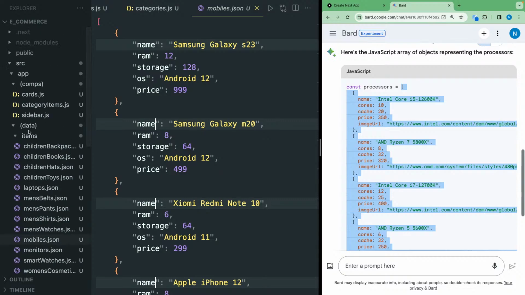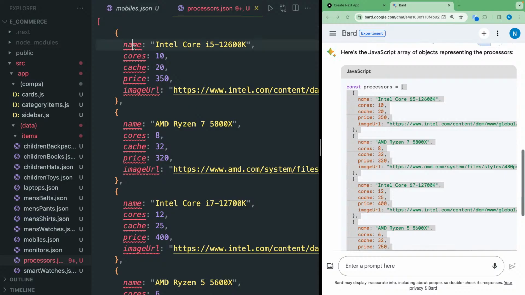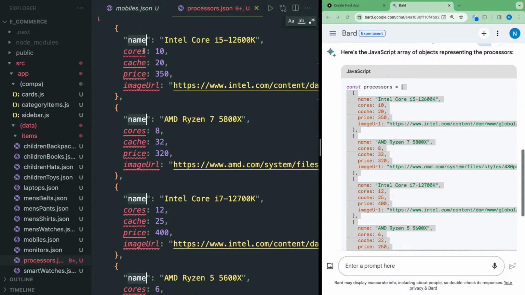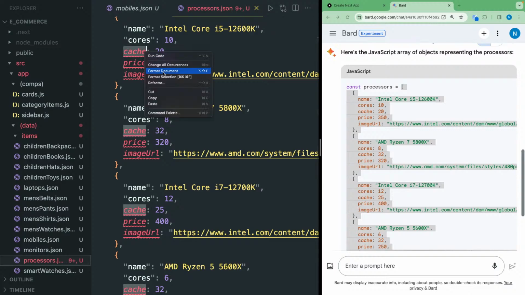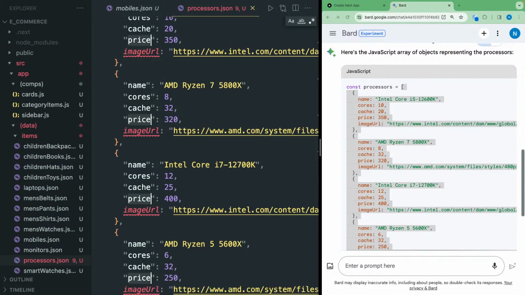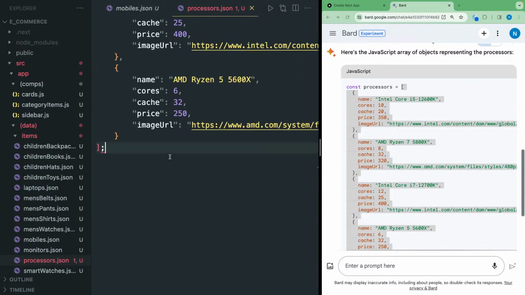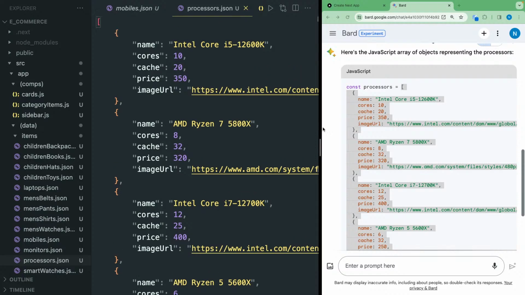So we will create a new file, processors.json, and we will paste it here. Change all occurrences to name, remove this. Okay,